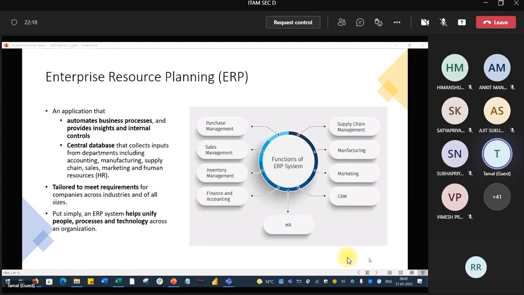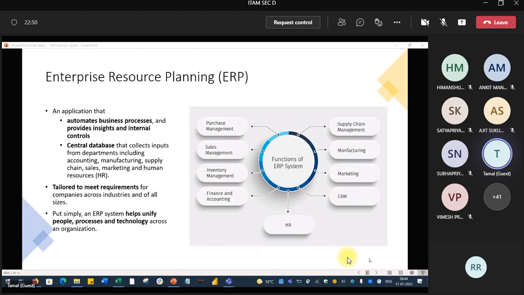So you have to pick which of the modules you would like to implement, or you may have some special business process. So you have to tailor what ERP is doing. They have collected some best practices across the globe, and if you implement that ERP in a vanilla way, without any changes, you will be getting something.